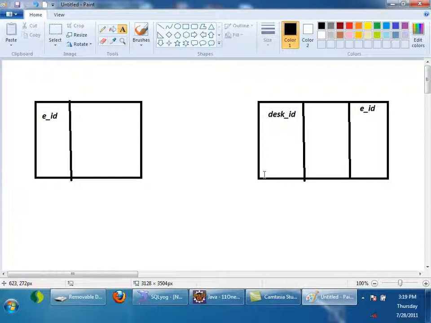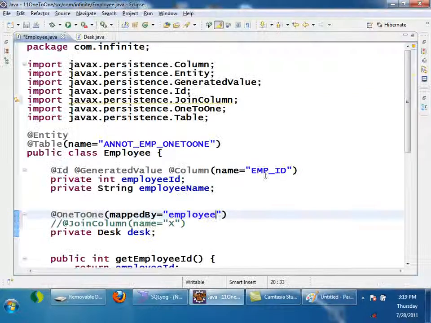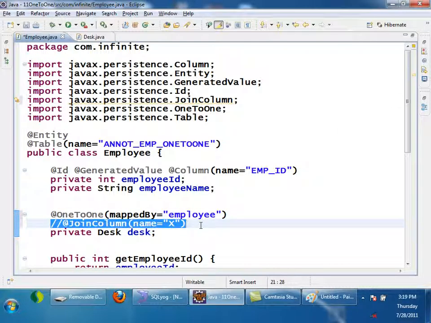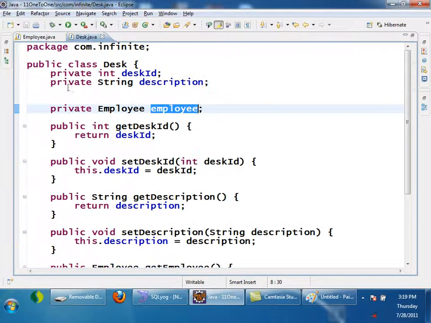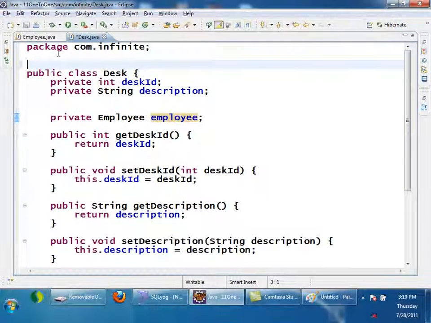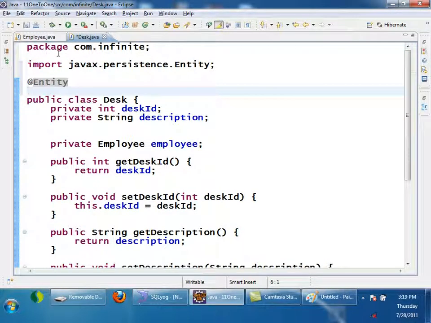So the foreign key should be configured on the other side only. If I configure join column in combination with one-to-one, the foreign key will come to this side only. That is not what I want, right? Now coming to the other side, desk. Desk is also an entity, so I will annotate it with entity and also table name.